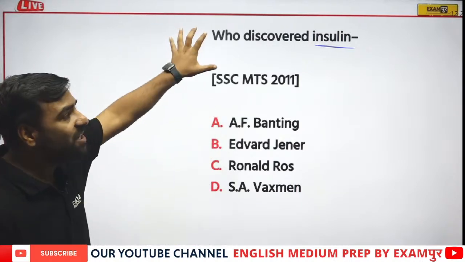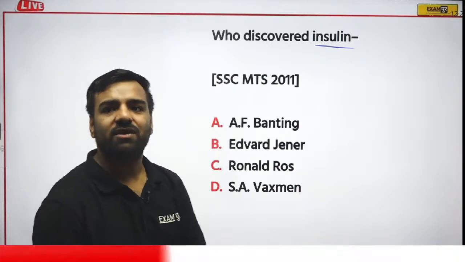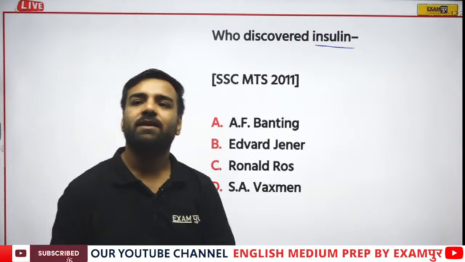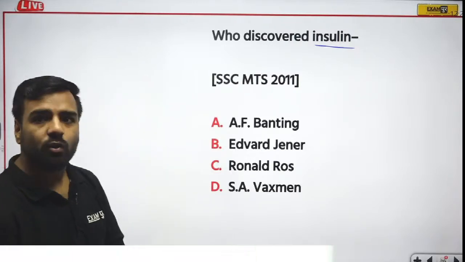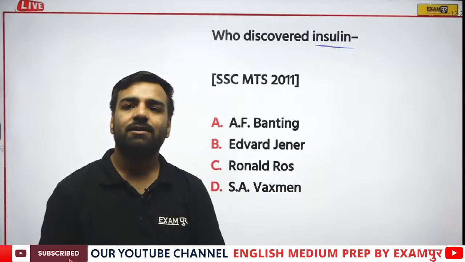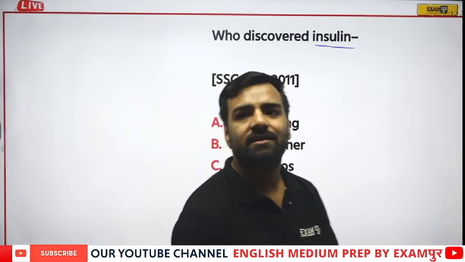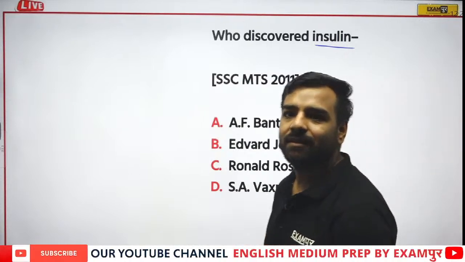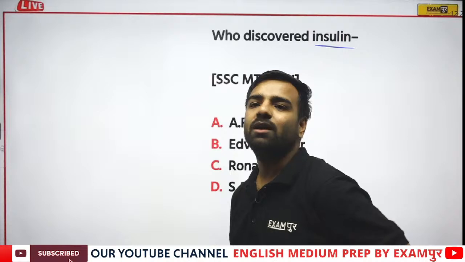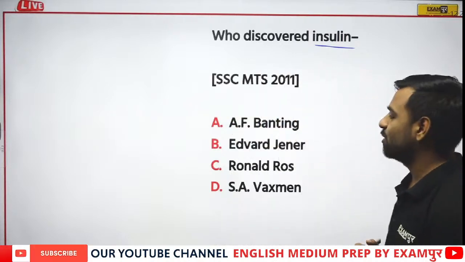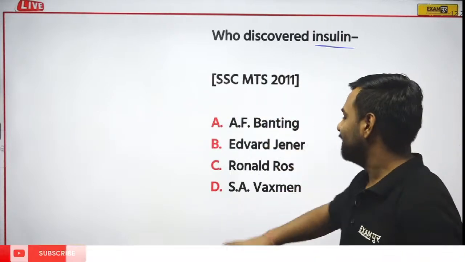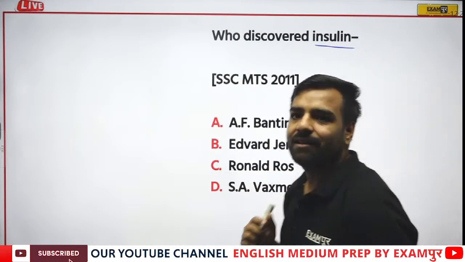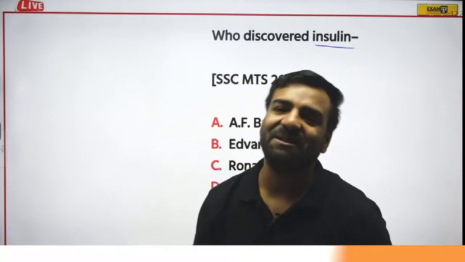What I was asking, who discovered insulin? Momita is with answer A, sir. It will be A.F. Benting. Okay. Ilma is with Ross. That is Ronald Ross, option number C. So there's a competition between A and C. Nikita is with B, that is Edward Jenner. Yeah. So it's with Benting. Cool. Sudesh is with C, Ronald Ross. So if I go with the voting part, there are 2 votes for Ronald Ross, one for Edward Jenner and one for A.F. Benting.